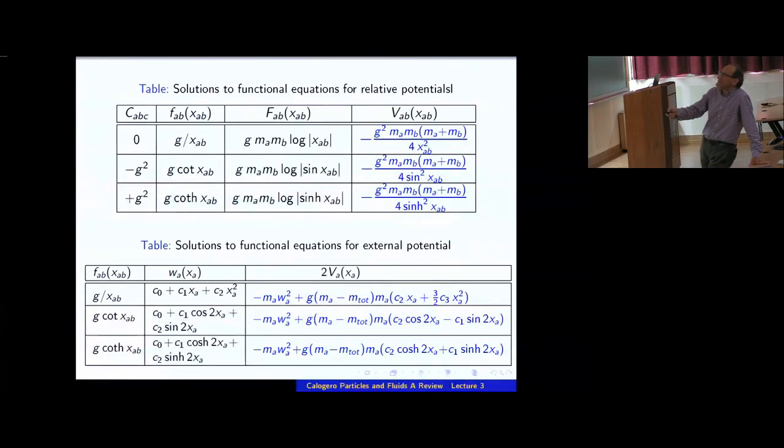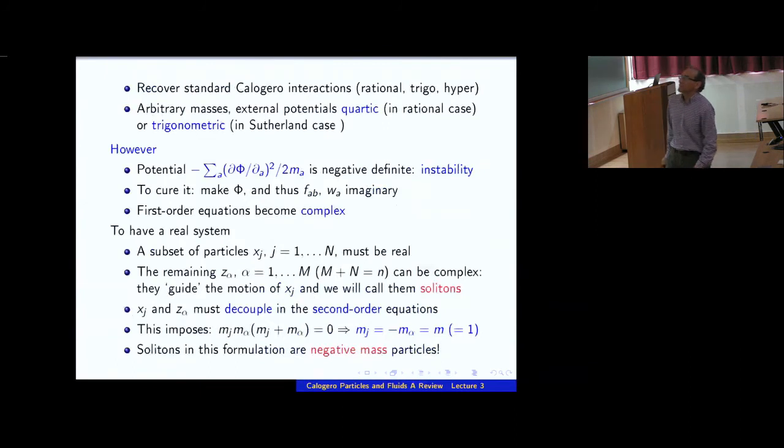This is not a complete list, but this is because of interest. But you are also allowed to add external one-body potentials. These one-body potentials have these terms and the square of this function, so they can be quartic potentials or trigonometric potentials here. All this is fine and dandy, but